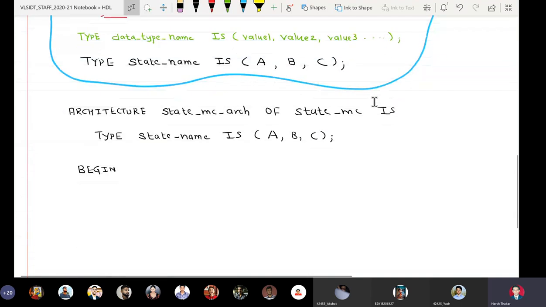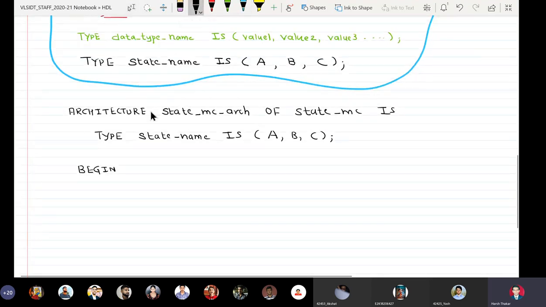Now we'll define signals. Using the syntax for signal declaration, signal space signal name colon data type, I will write signal space signal name. So now I'll define a signal called state, colon, data type is state underscore name.